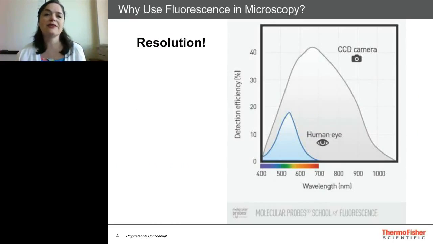So why do we use fluorescence in microscopy? One of the big reasons we use it is for resolution. The modern CCD cameras that